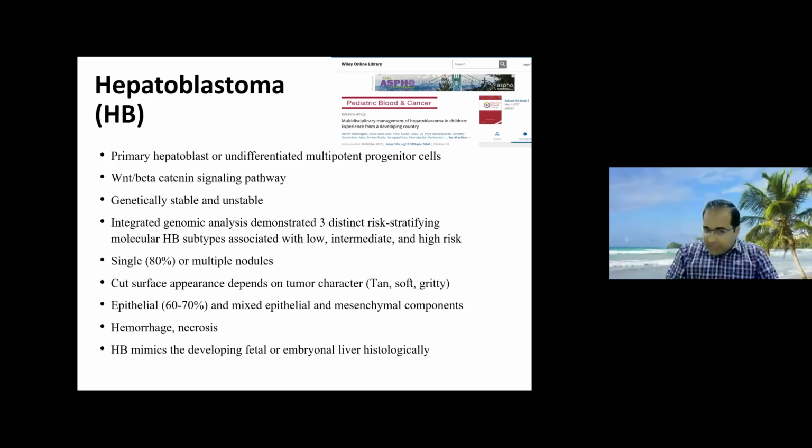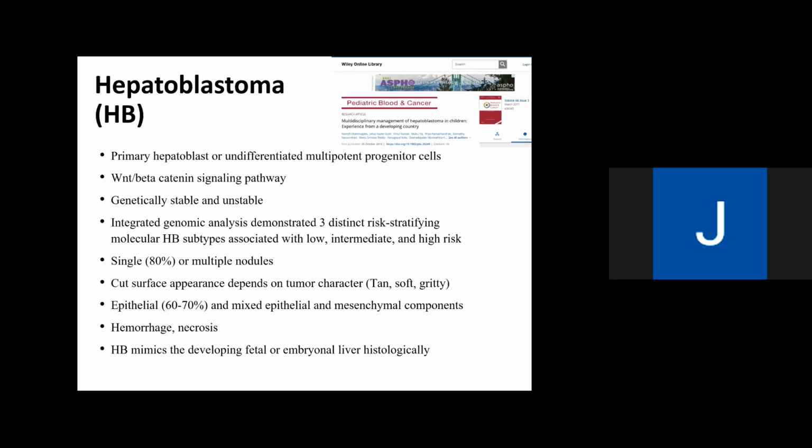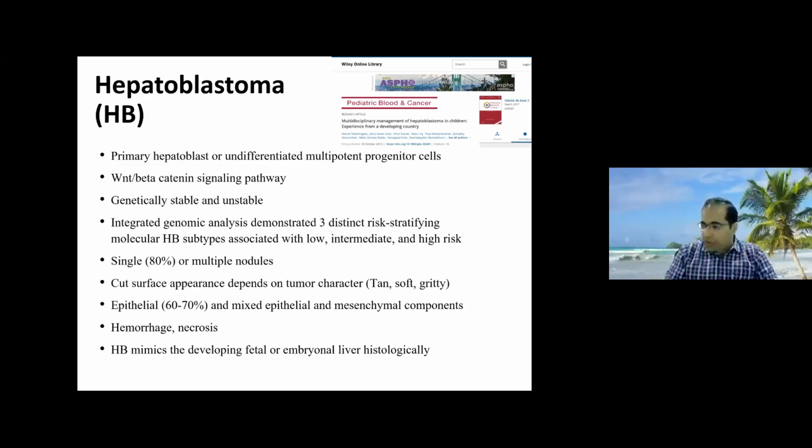Mostly they are single, 80%. Cut surface macroscopy of this tumor is important. It shows you whether you are dealing with epithelial or mixed epithelial and mesenchymal. 70% are epithelial. This series we published of around 30 cases in 2016 also shows that 60 to 70% were epithelial tumors and the rest were mixed tumors. You have to note down hemorrhage and necrosis in these tumors, and